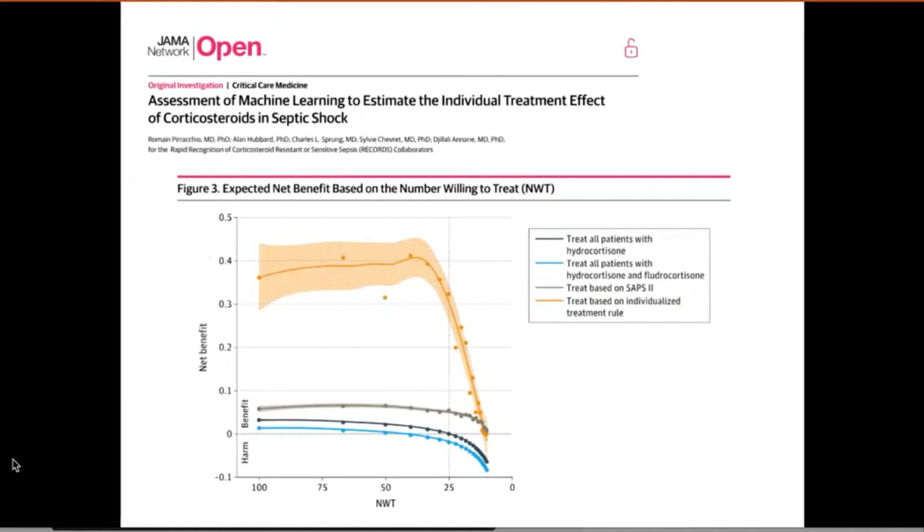And what I want to show you here is, I would say it's kind of expected, but it was nice to see, that in orange here, you can see that the net benefit expected from using an individualized treatment rule really clearly outweighs the benefit that you can expect from a treatment that is decided based upon either the result of the randomized trial or even based upon the risk stratification using the SAPS-2 score. So that was again a proof of concept that was interesting to have. Next slide.